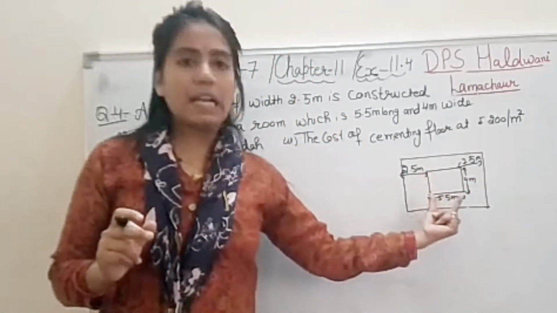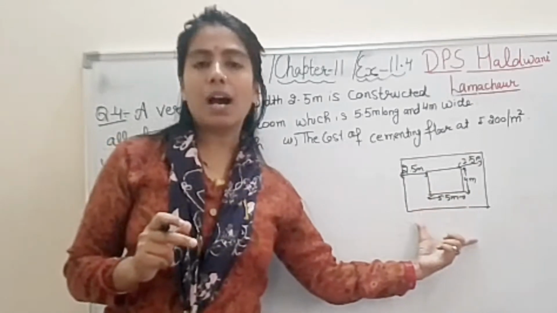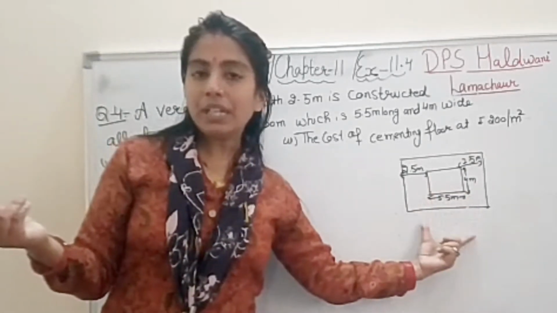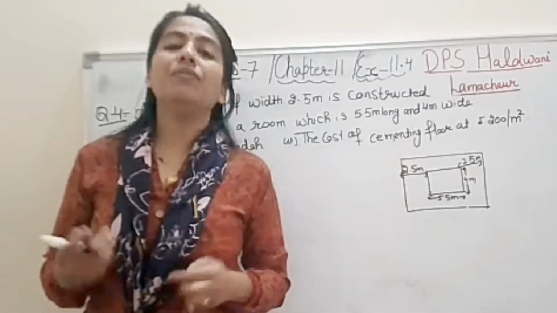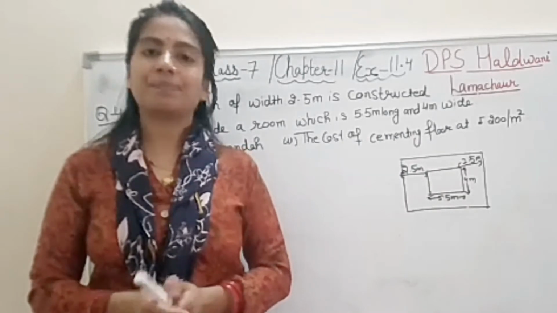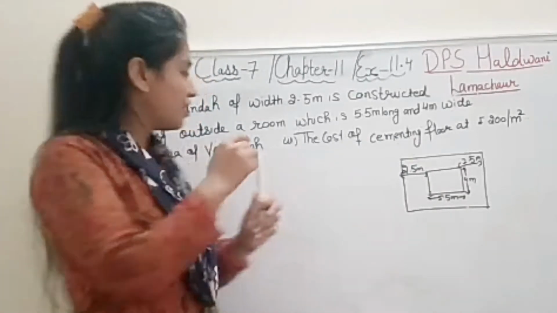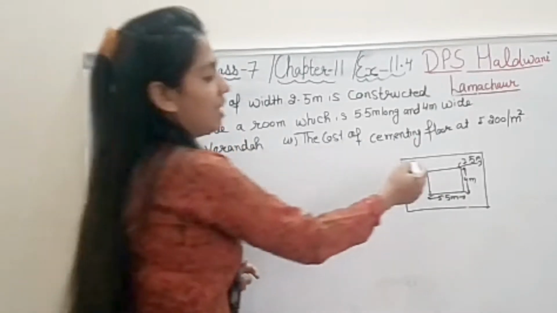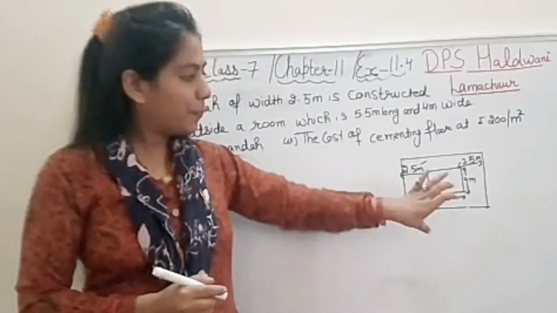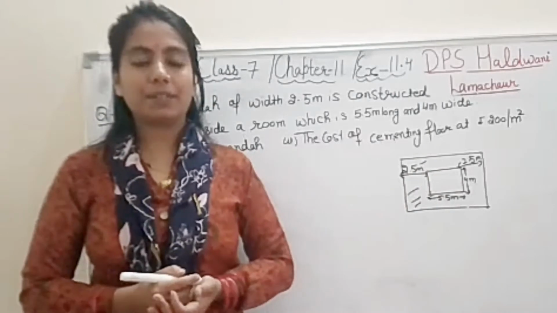Whenever the inside length and breadth are given to you, the outside one you will take out with plus, and when the outside one is given to you, the inside one you will do with minus. And the margin is always mentioned in the question. Very simple, student. So the question is: find the area of the veranda. This veranda area you need to find out. Again very simple. Both areas you will subtract.